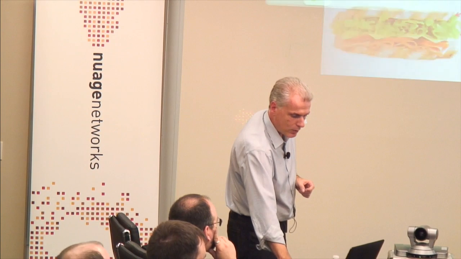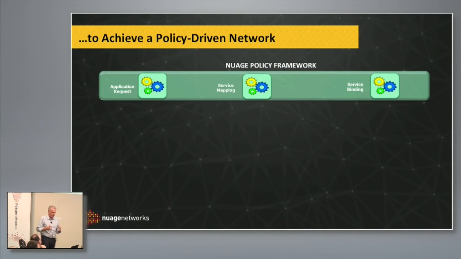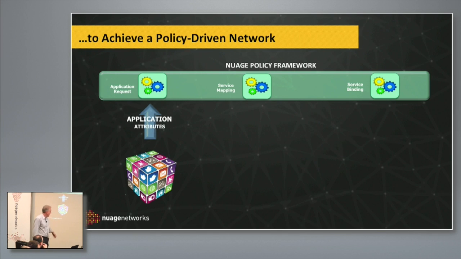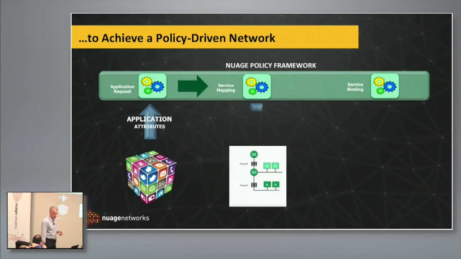And that's exactly what we are doing here: the whole Nuage policy framework. That's actually a very old slide that I have been using for 3 years, but now it's becoming more real, because it took us 3 years to reach the conclusion that we have declarative application attributes, I need this, right? And then through a policy system, the application attributes translate to a network design, right? Still an abstract network design, and whether all these VMs will be placed in one subnet or one security zone or multiple subnets or multiple security zones, it's up to the policy system to figure out